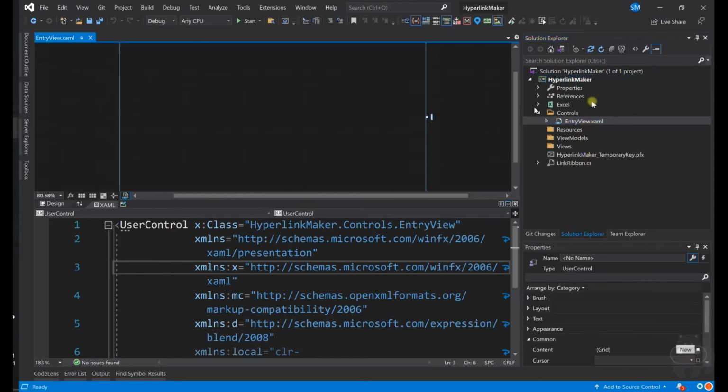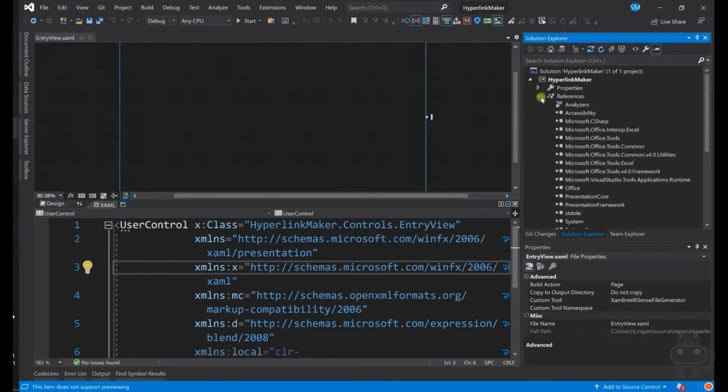First we will build everything related to this user control, and at the end I will show how we will add this WPF user control inside a Windows form. Basically it's a kind of interoperability, and then we will display it to the user. But going forward, in some other project, we will create a separate new project where we will add everything purely related to WPF. So this is about adding or initiating the references related to WPF.